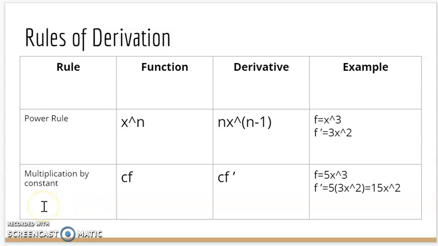The second rule I want to talk about is the multiplication by constant rule. Say we have a function f multiplied by a constant c. The derivative of that would be the same constant c multiplied by the derivative of f. So say we have the function f equals 5x cubed, where 5 is the constant and x cubed is the function. The derivative of that would be 5, the constant, times, like we talked about with the power rule, x cubed's derivative, which is 3x squared. Simplifying this, we get